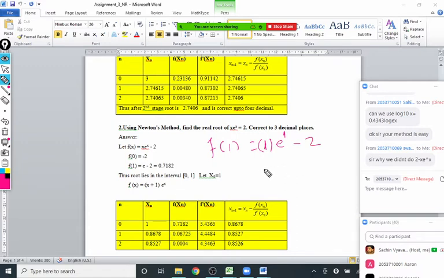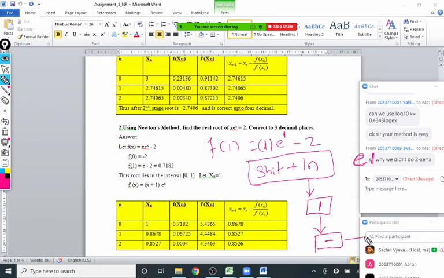But when you press shift and ln, the calculator will show you e on your screen. It doesn't indicate that it took the value of e. Actually, e raised to something is there. So you have to press 1 also there. If you press 1, then only it takes e raised to 1. And after this you have to press 1, then press minus, and then press 2. That will give you e raised to 1 minus 2, and then you get this answer.